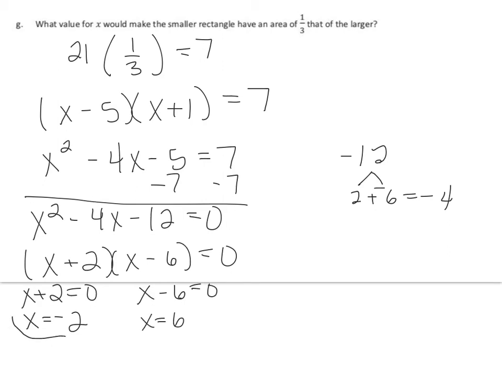So x is going to be negative 2 or 6. Remember, these are real life problems, so I cannot measure something that's negative. So x in this case is going to be 6. That is my dimension. So if I put that back into my original problem, where I had,